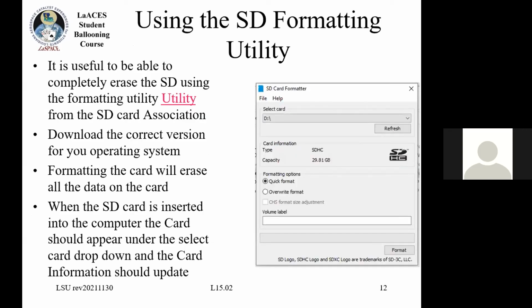So one thing that you are probably going to want to download is the formatting utility for the SD card. This is the utility from the actual SD Card Association, the people who set the standards. It's an industry association. This is software you can use to overwrite the SD card if something goes wrong or if you want to erase it. So if you click on the link here,